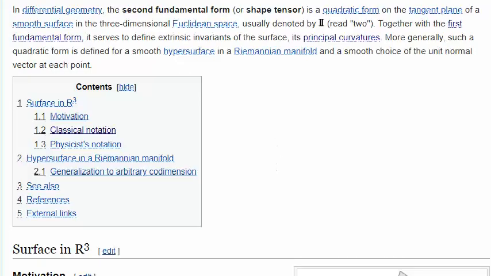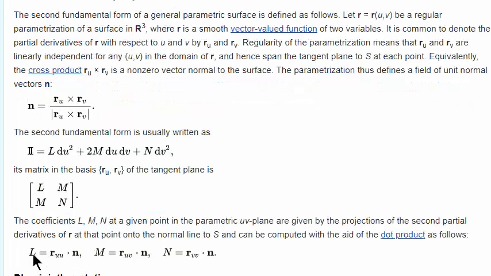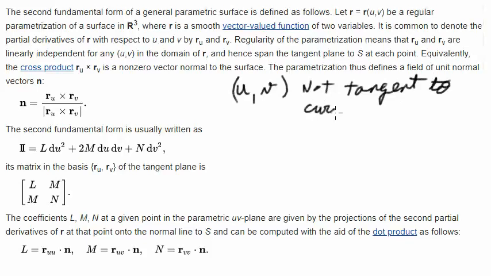Okay, I've been moving forward with what's called the second fundamental form. In particular, I found this definition of L, and first of all, the variables u comma v are plane variables, not a tangent plane, not tangent to the curve at 0 comma 0. But you basically have an arbitrary curve defined in the form r